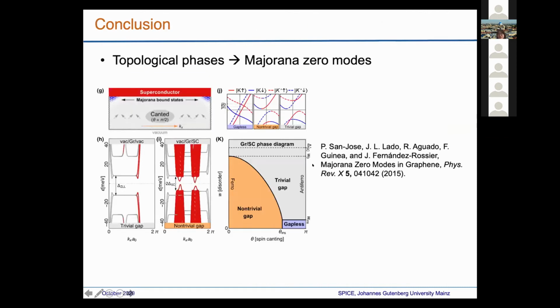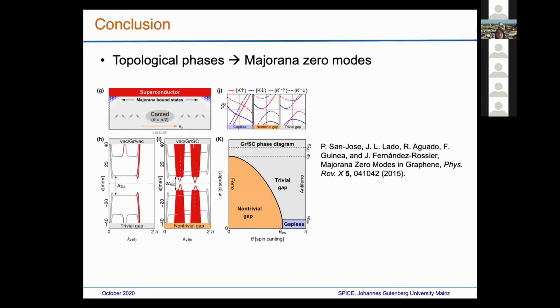Okay, so what can we do with topological phases? Of course, it's not easy, but one theoretical proposal, for example, is to create a topological superconductivity by coupling them to an ice-swift superconductor. So this is a theoretical proposal which wants to create a Majorana zero mode in monolayer graphene